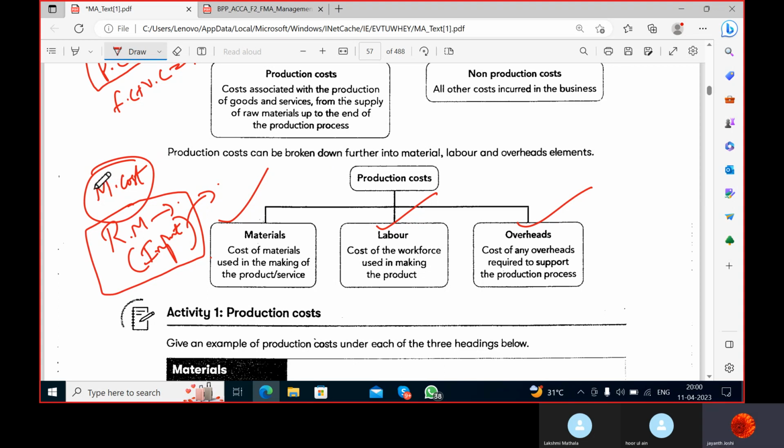Now you may have a doubt in your mind: why do we always use raw material for the production process? We can buy the goods and sell them to customers. Yes, that is from the trading concerns, or from shops' perspective. Here I'm speaking about a company which is involved in a production process.